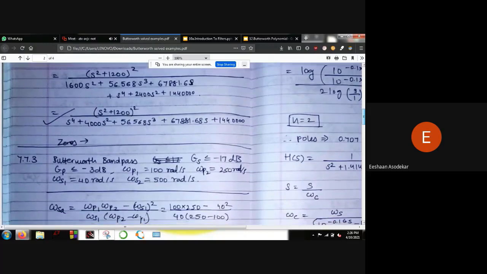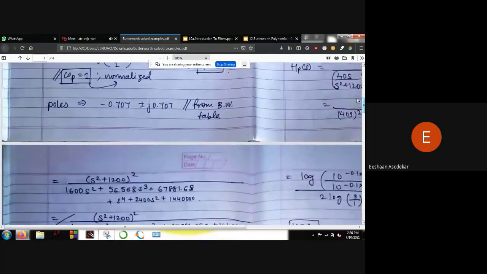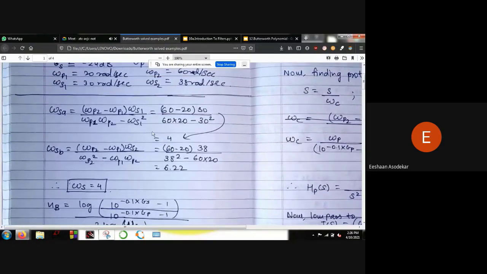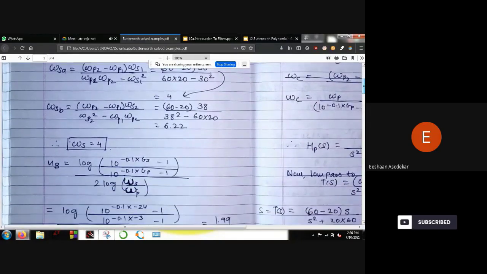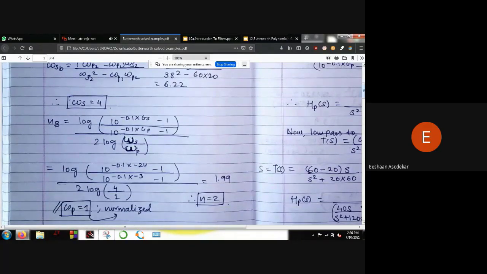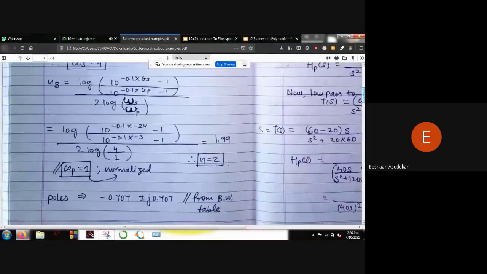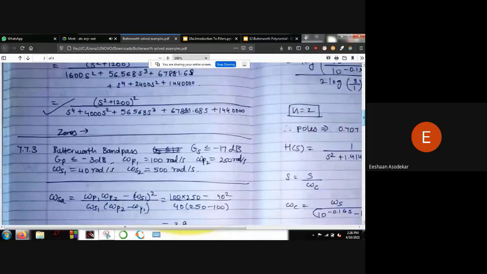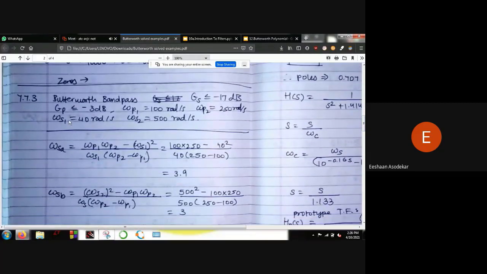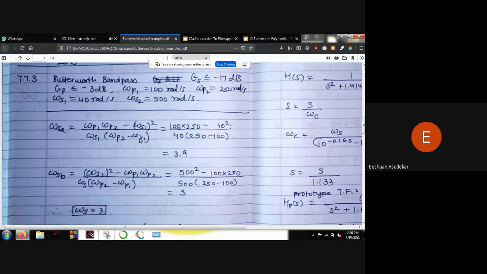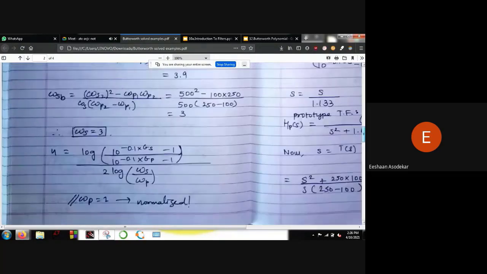So yes, another thing is the basic rubrics of the algorithm: we have to first choose the omega s, then you have to find out the order of the filter, and so on. All of this remains the same regardless of whichever configuration or frequency response you want. Similarly, in the Butterworth bandpass filter, there will be a few tweaks here and there, because the omega p here is smaller than the omega s. So here you'll have to tweak a few formulae and you will arrive at the same answer.